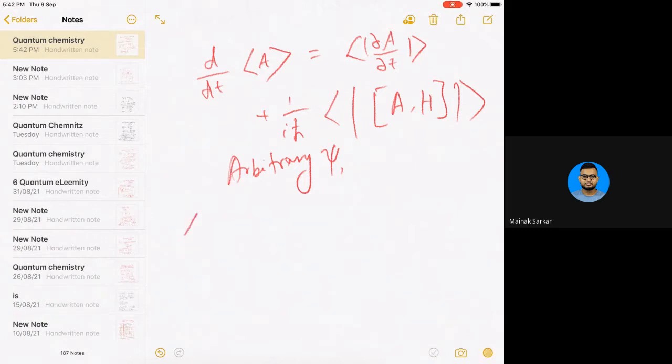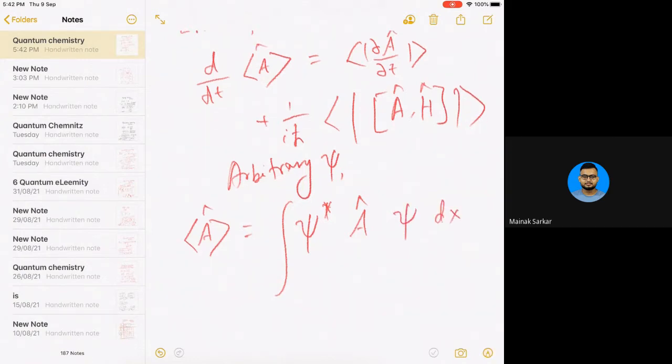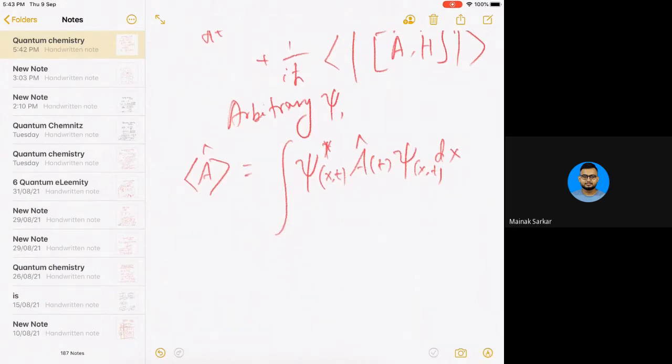I'm not writing in a big way. So let me now expand it in the following manner. Psi star, so this is an operator A. These are all time dependent. The time dependence comes from the wave function or the operator. And we have integrated over x. So it is of course a function of time. So if I now take d/dt of